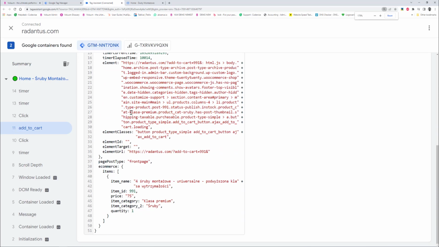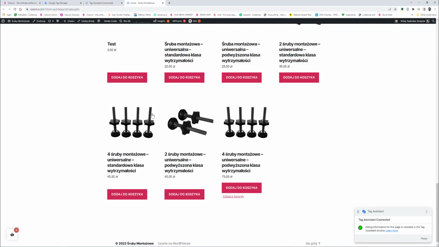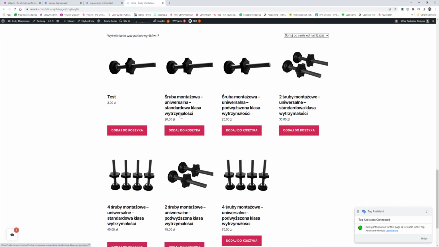I can see also quite an interesting thing for all e-commerce owners called ecommerce. Here I have listed all items which have been included in this add to cart event. So you can see the item's name. I can see the item ID. This is unique for WooCommerce, how I set it up. I can see its price. I can see category, category number 2, and quantity. So whenever I add just one piece for 20 zlotys,